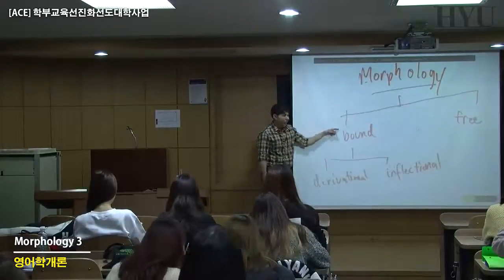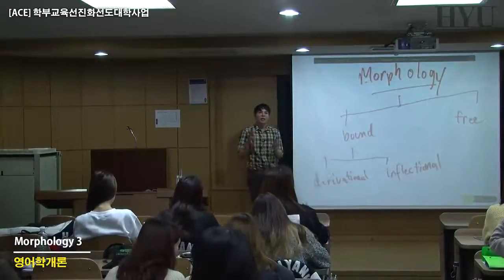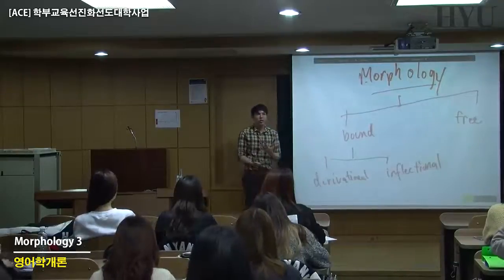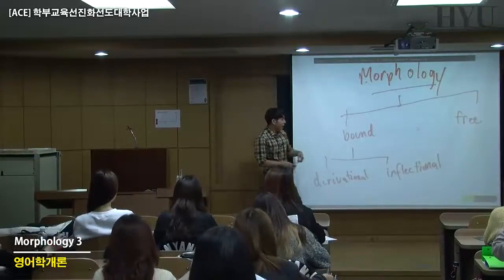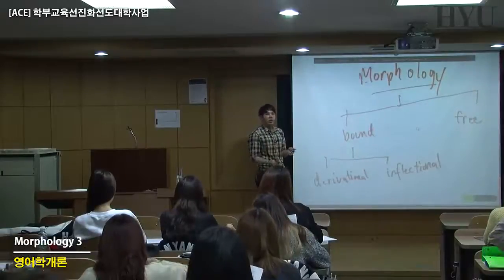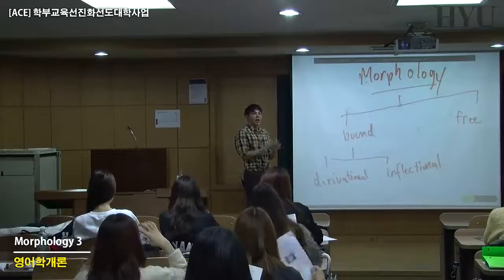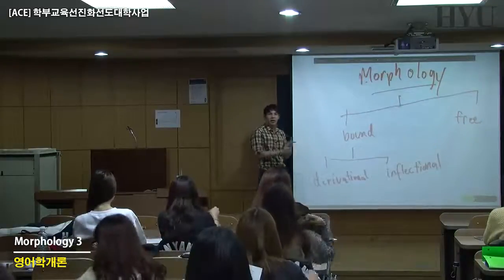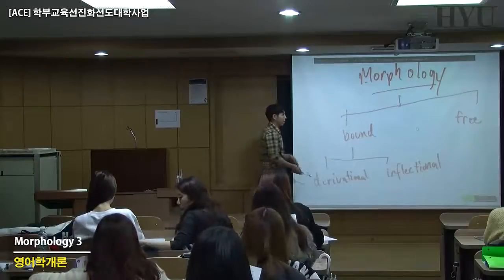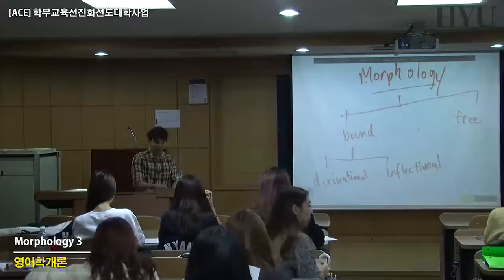And then you have two kinds of bound morphemes: derivational, things that you add to words in order to change the part of speech most of the time, right? And you have inflectional morphemes, morphemes that you add to the word to indicate some kind of grammatical meaning, like past tense, present tense, ing, or adjective morphemes and so on, right? So that's what we studied last time. And we didn't finish,